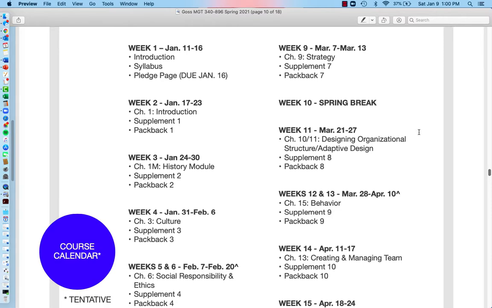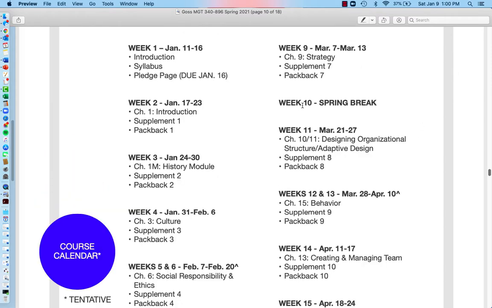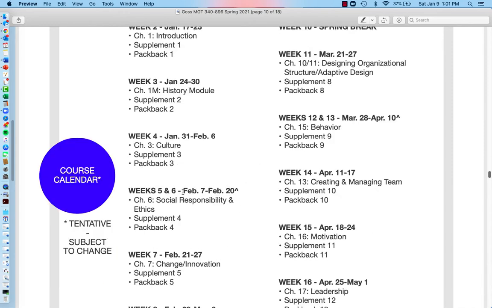Page 10 is your calendar. And again, each week constitutes one unit with two exceptions that I want to call your attention to. Well, three really, because spring break is one exception. You won't have anything due that week. You're welcome. Weeks 5 and 6, from February 7th through 20th. That will open on February 7th and close February 20th, so you will essentially have two weeks to do those